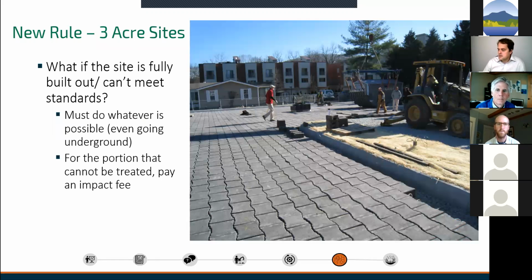But the DEC recognizes that on a lot of these sites there are a lot of constraints. So through this engineering feasibility analysis, you say, this is what we can do, and this is how much is left that we cannot do on site. And for that portion that's left,